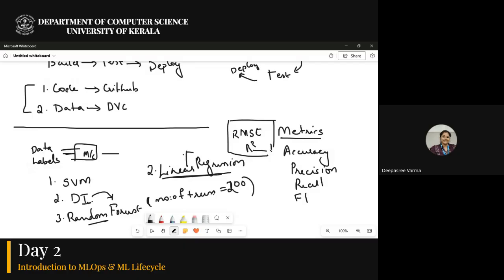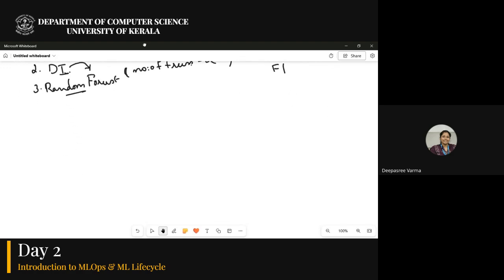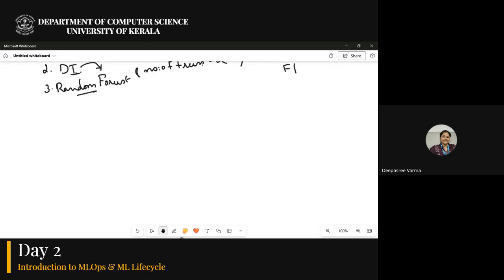So I build a particular model. What machine learning engineers do is, using any of these algorithms, I build a model M1, which has been configured with a set of parameters.